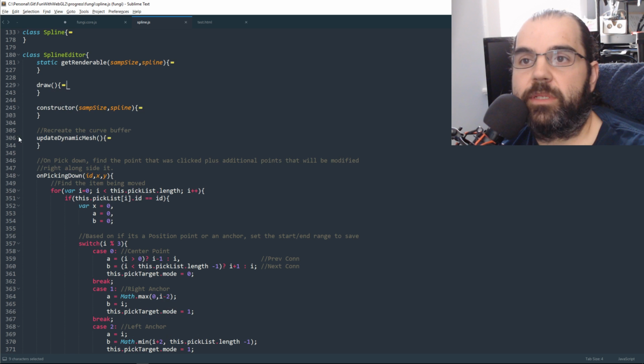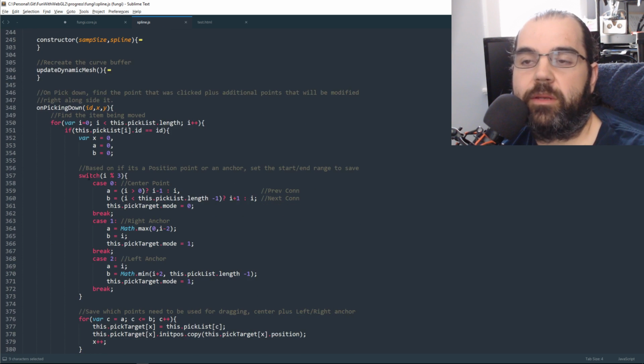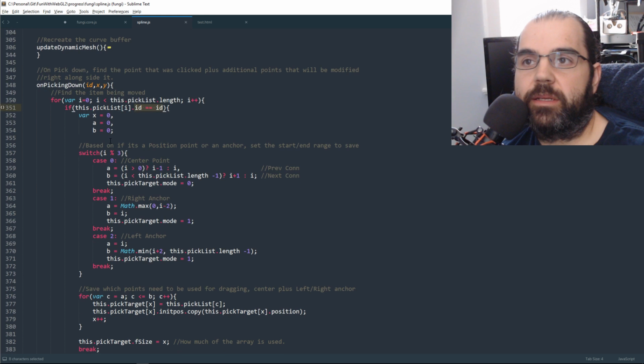This one happens at the end. We have our picking done. So now that we're picking, we're going to go look at our pick list and find the dot that's being moved. And at this point, we're going to figure out the starting and ending point of